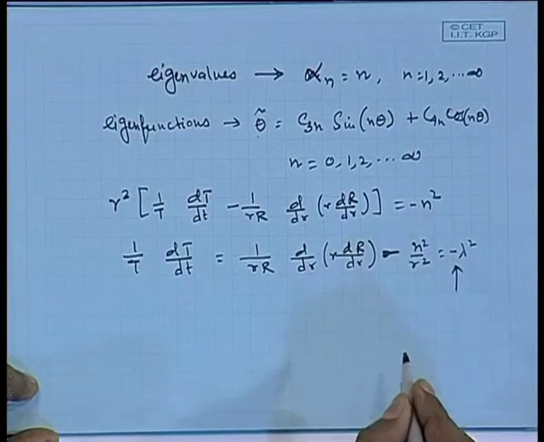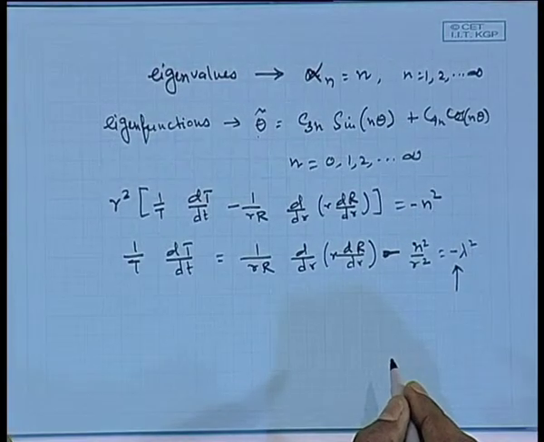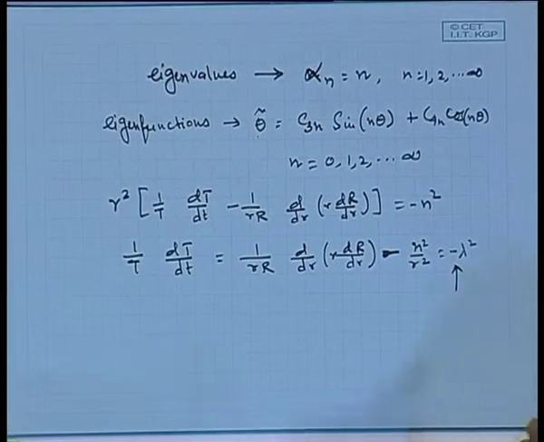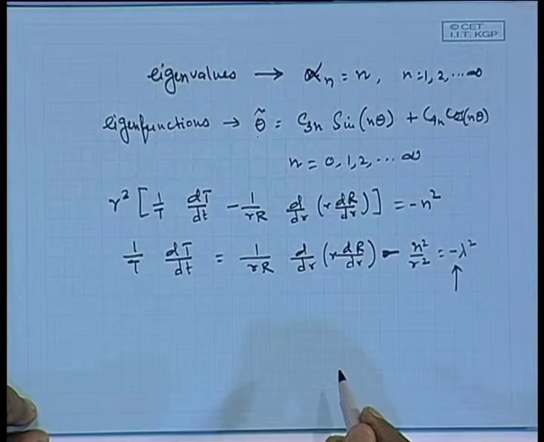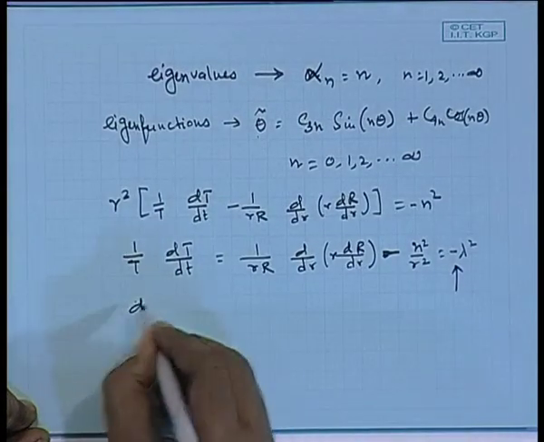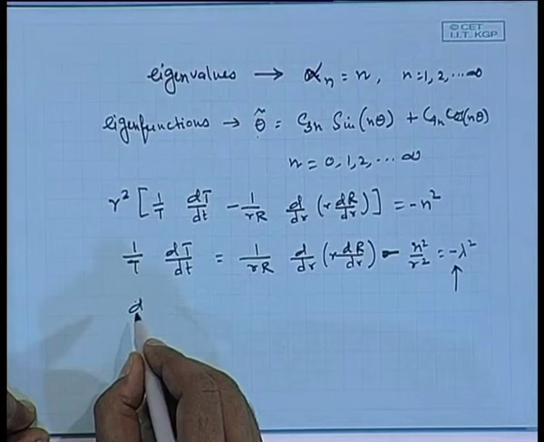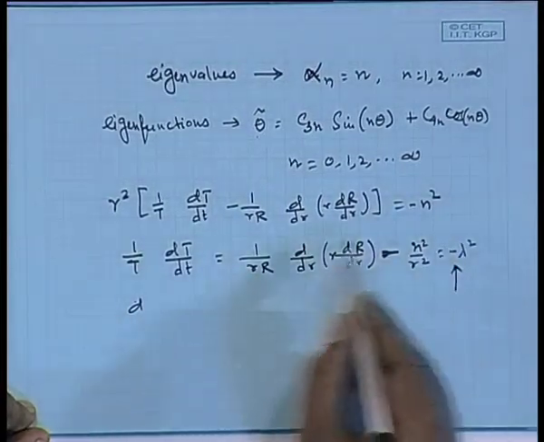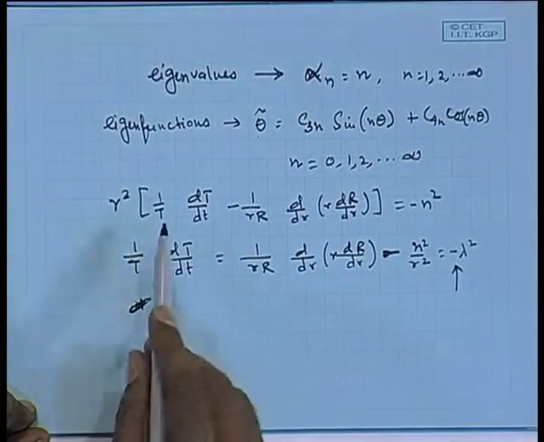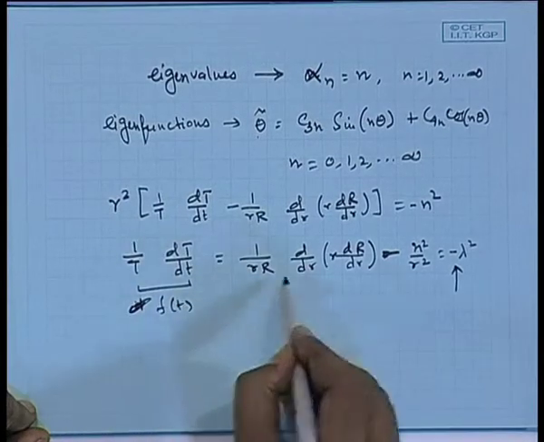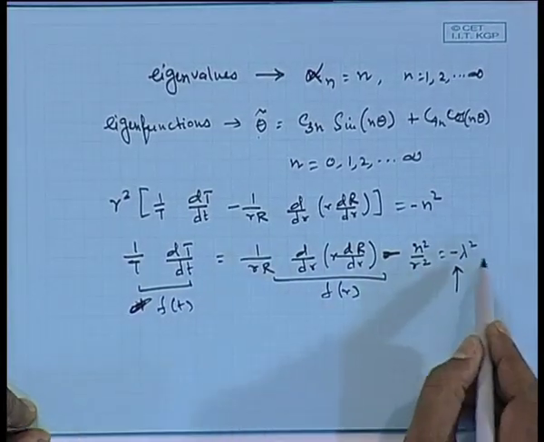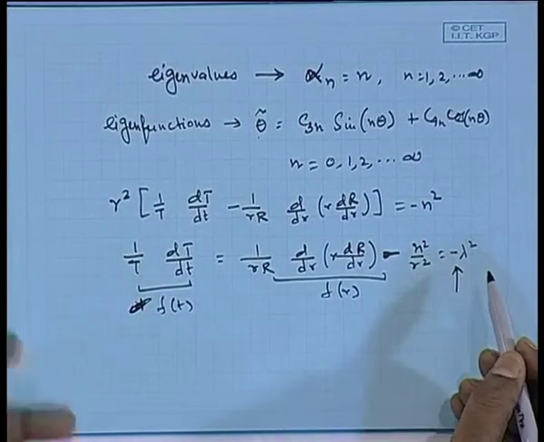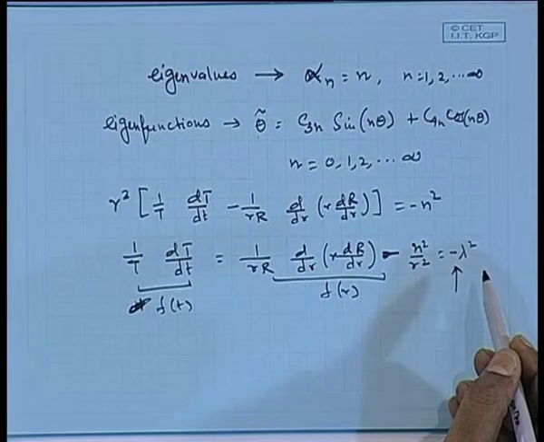Again, zero and positive values will give you a trivial solution. So, for a non-trivial solution it will be minus. Now, let us look into the r varying part in detail. This is a function of time, and this is a function of r, so again that will be equal to some constant. If that constant is equal to 0 or positive, you will get a trivial solution. So, we put it as negative, minus lambda square. This lambda is different from that lambda.